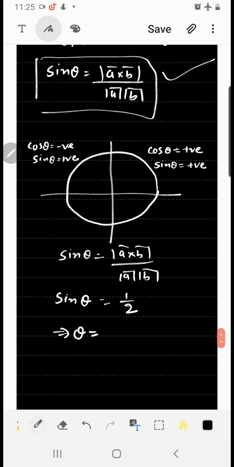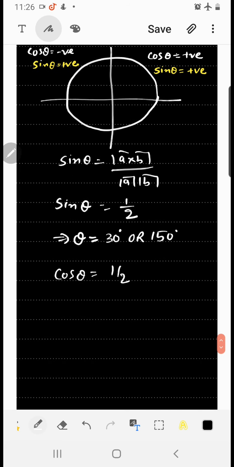Now when I say sin theta is 1 by 2, this implies theta is equal to what? Then you have two answers, if you understand. You have 30 degree or 150 degree, because in both the quadrants your sin theta is positive. That means your angle can be 30 degree, or the vertically opposite 150 degree. But just imagine we have cos theta is equal to 1 by 2. In this case your theta will be only 60 degree, because in the second quadrant cos theta is negative.